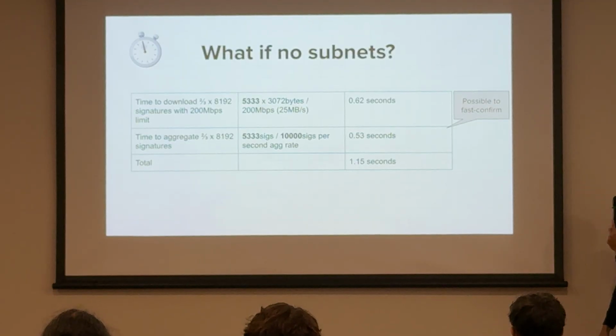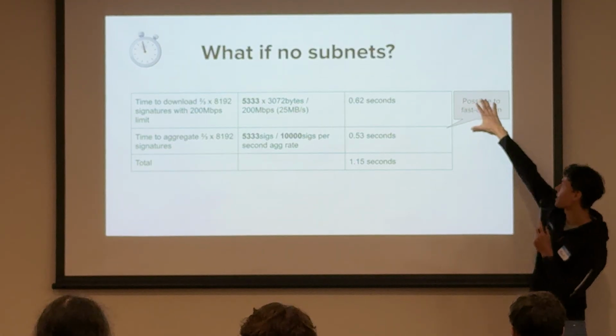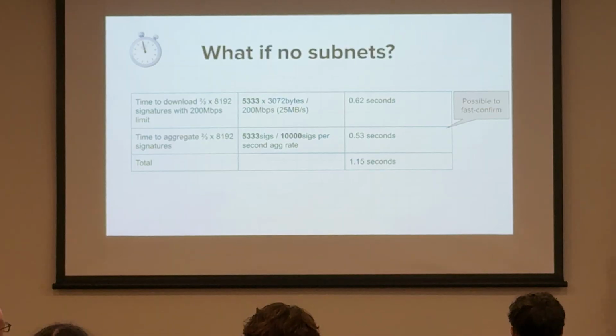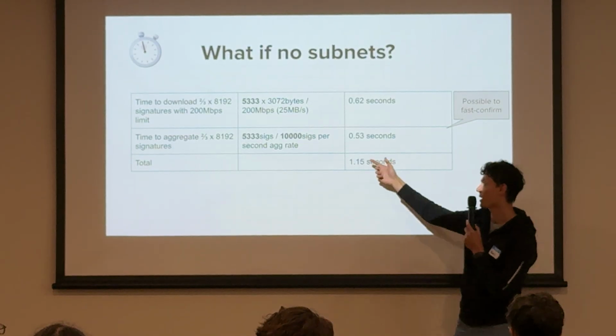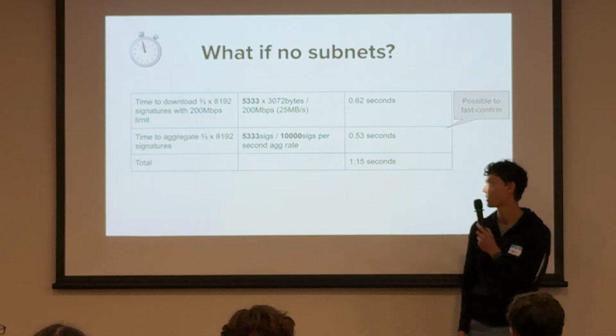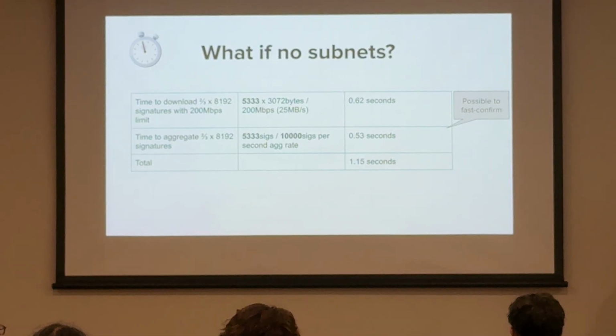In fact, it's a bit larger. And after they do this, they're already able to fast confirm. This is the next stage of consensus. And then they can spend the remaining time of the slot to actually aggregate the signatures. To do this without subnets, we need really, really fast signature aggregation, like 10,000 signatures per second, for example, which we can have, but for that to work we obviously need GPUs,